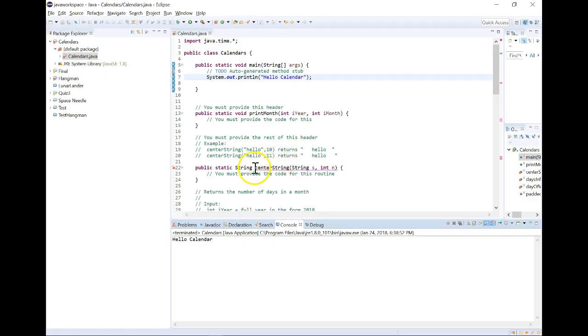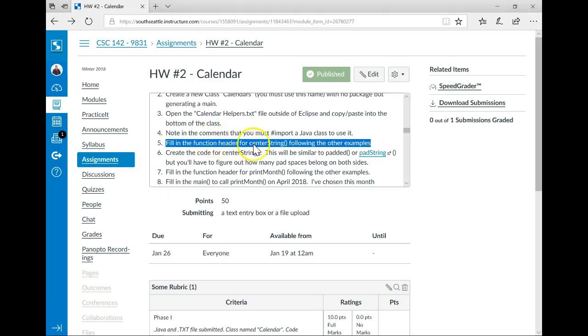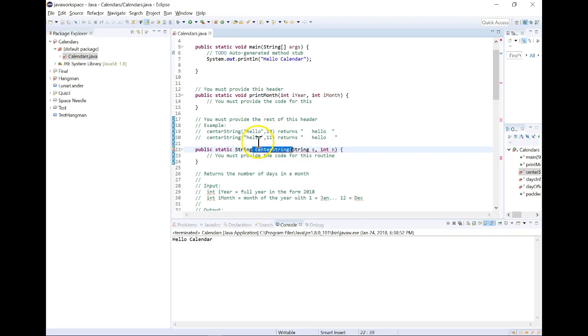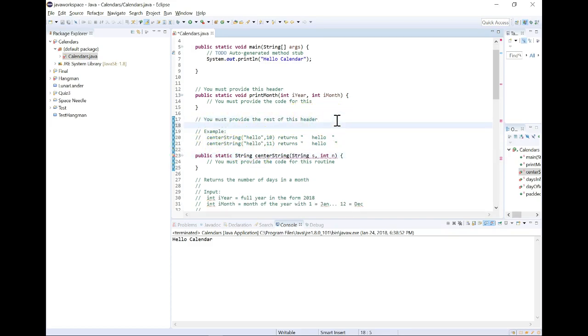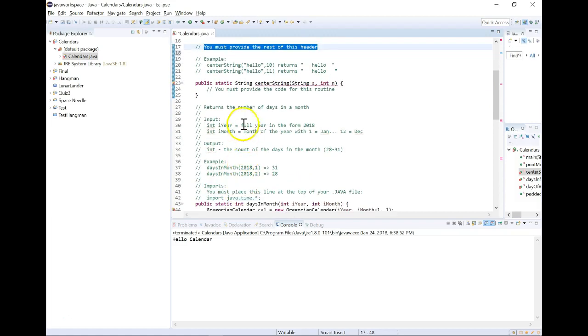So here is center string, and the header, right? We have to fill in the function header. The header needs to be filled in here. Actually, we'll get rid of that first line because we don't really want that line there. How are we going to fill it in? Well, it's going to be just like this one here. Okay, so I'm going to say